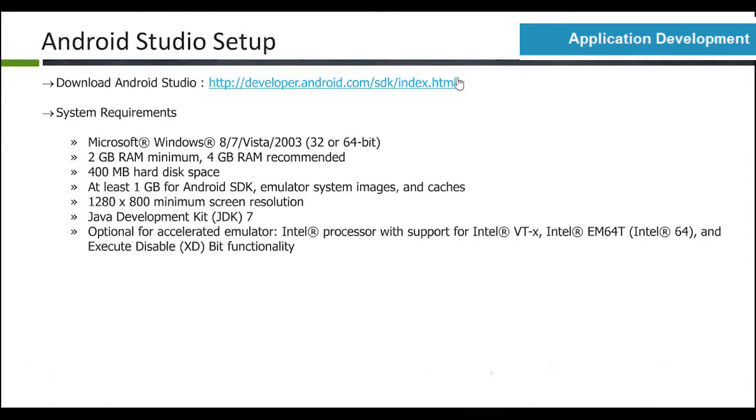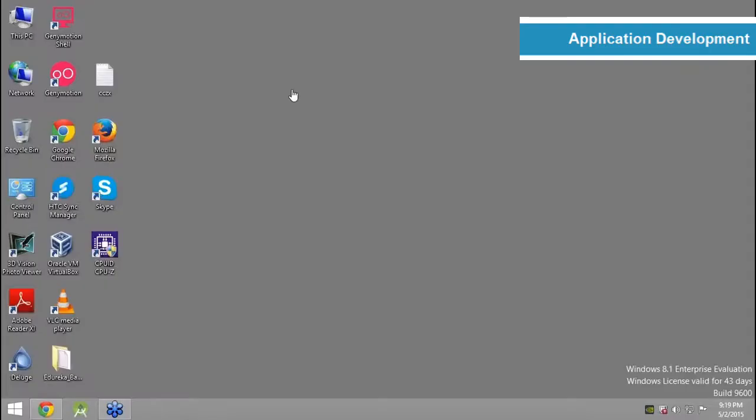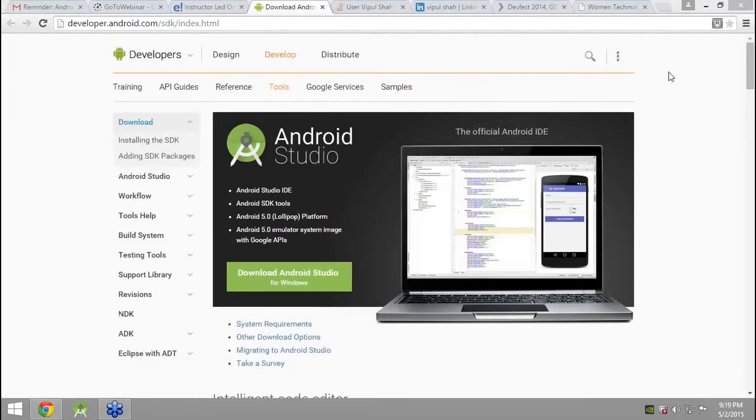And I would certainly send you the link. So what I would do is click on that particular link. As you can see, when you click on that link, it will take you to Android Studio. Okay, that's great, so you have all received the link. From here, you would be downloading Android Studio depending on which platform you are using. If you are using Mac, you can download it for Mac, for Windows, for Linux, depending on your operating system.